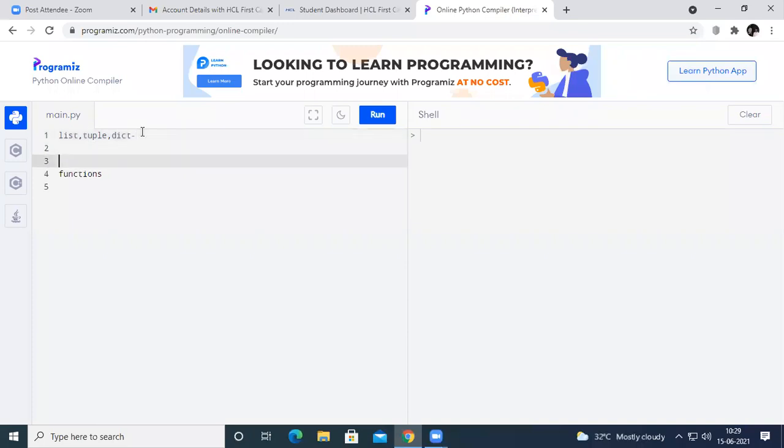So under list, we are going to cover these topics: how to replace elements, how to insert elements, how to remove elements, how to search elements, and how to sort elements in the list.